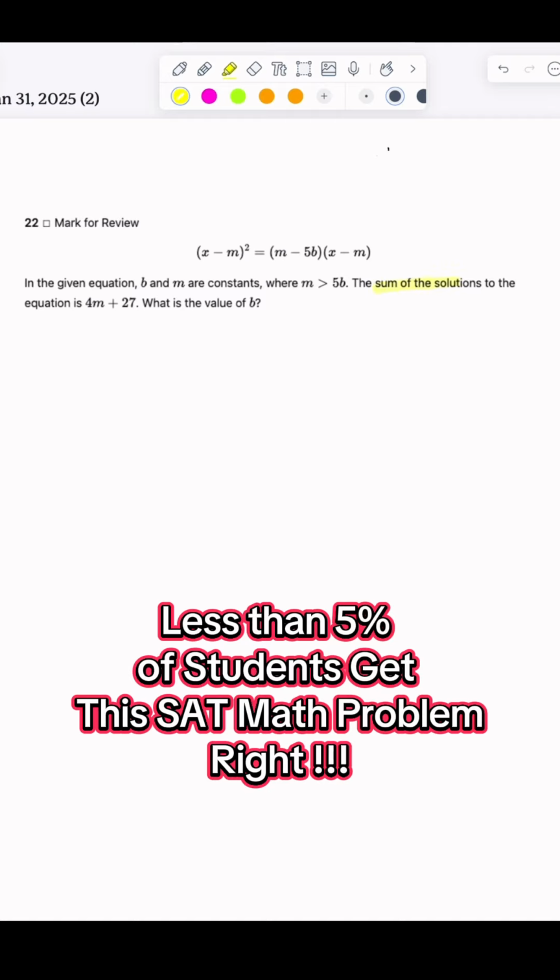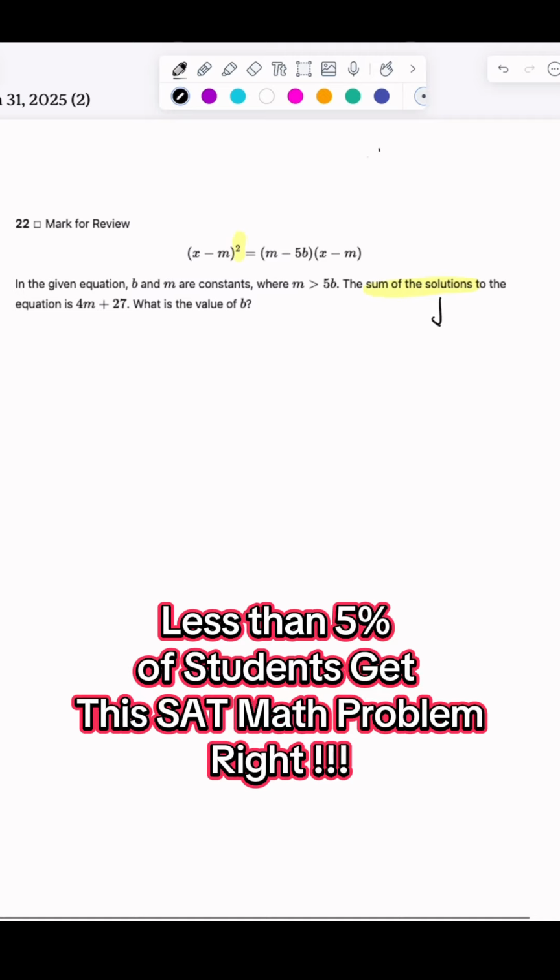Okay, here's your key phrase. Sum of the solutions. We have a quadratic because it's squared. You should be thinking negative b over a. The problem is this is not in standard form, and to get it in standard form is going to entail lots of distributing, combining like terms, very easy to